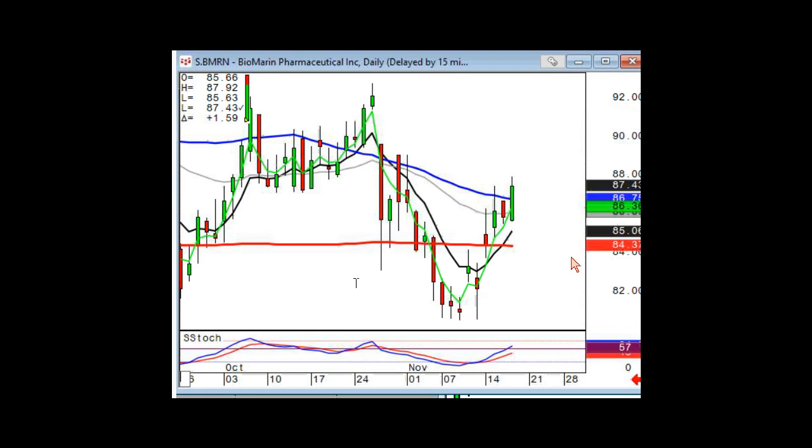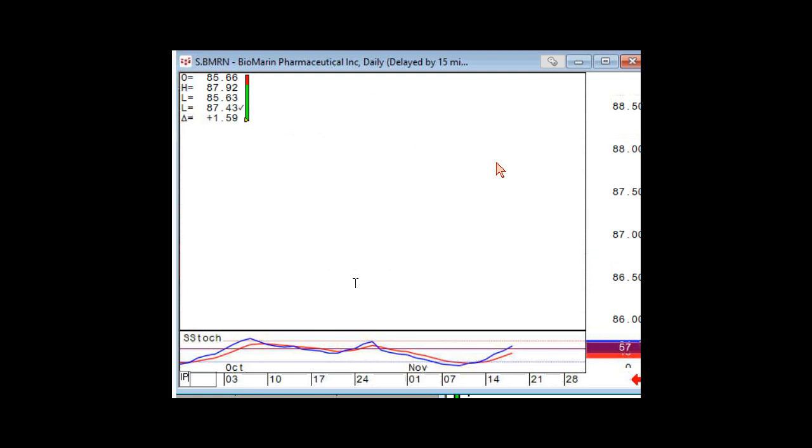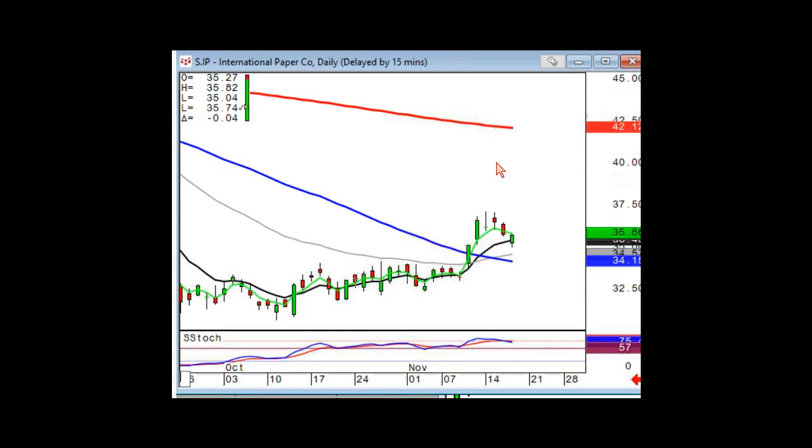BMRN, another one where it needed to open positive and trade positive. Had this opened and traded lower, you would have closed it out because that would have told you the 50 was acting as resistance. Right now it's telling you it's not acting as resistance. You stay with it. International paper,